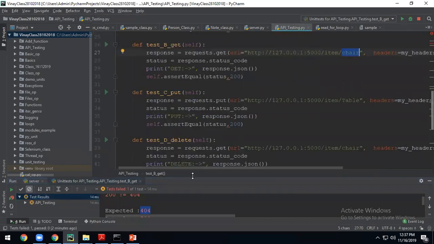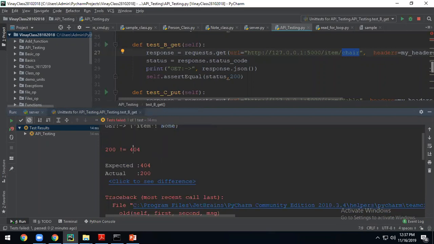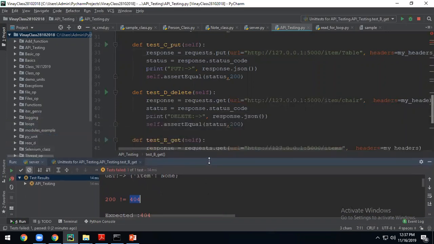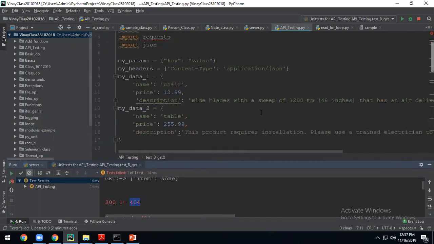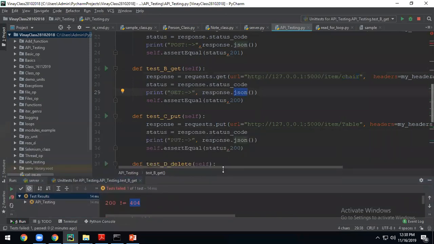In the API testing, at line number what? Okay, so in the get method, you get item, some none method is there. Actually, some item is none, but you are still getting. So some item is not found. Okay, it is not able to add that, looks like. Chair, get method, JSON, you are looking for 200 as a response, but you got 404 here in the get method.